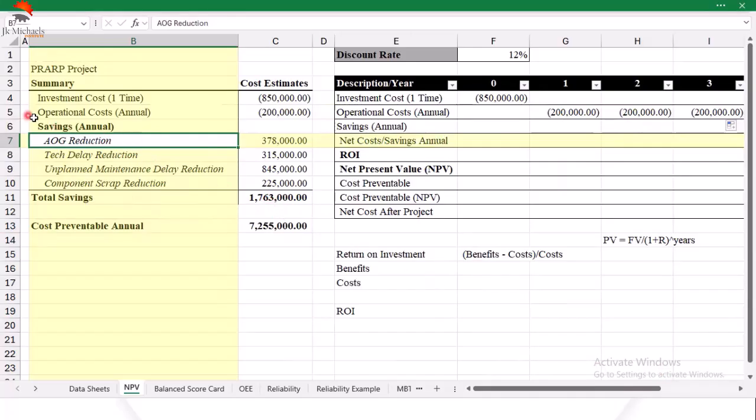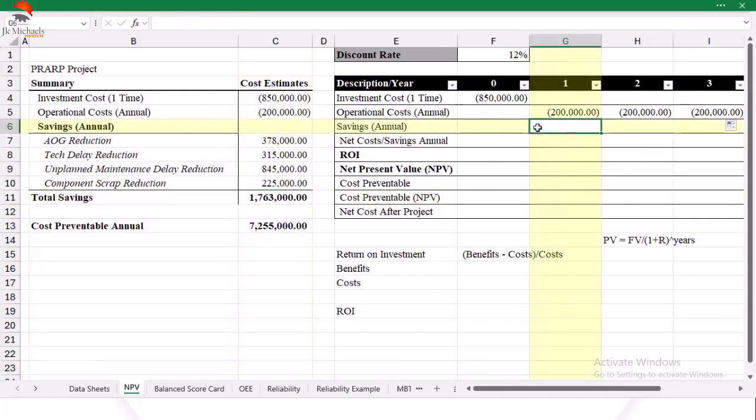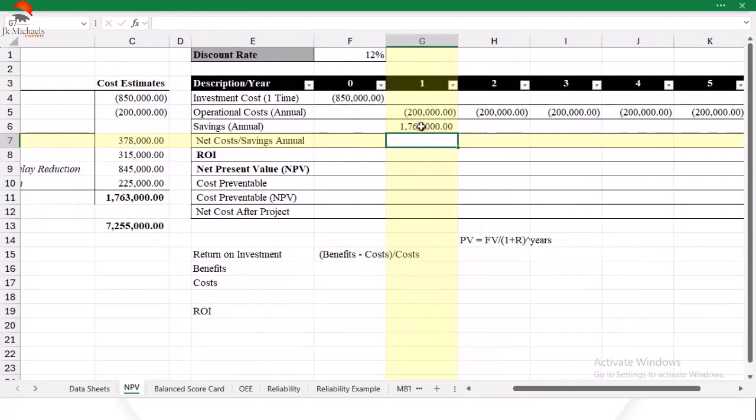These are the savings we're going to have annually, right? So let's look at our annual savings. Of course, our annual savings would begin in the first year. We'll have 1,763,000 US dollars as our positive cash flow. It's a positive cash flow because it's a saving. In other words, we are using these investments to put together tools, systems, and processes that would save us this amount of money annually. And so when we pull this across down to the 5th year,